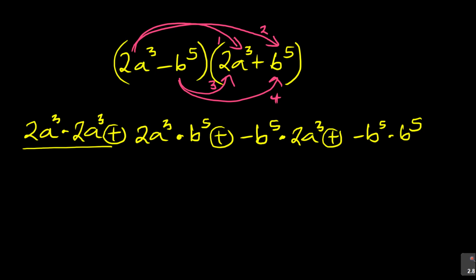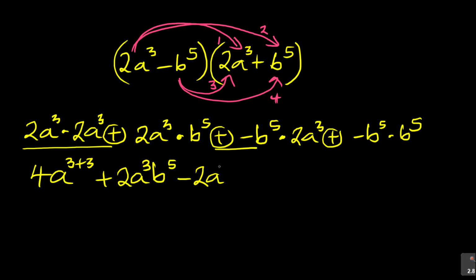Say 2 times 2, we got 4a, 3 plus 3. Remember what it did? Now we're saying plus. Now you see 2a cubed b5, nothing is related there. You just write 2a cubed b5, then positive, negative, negative wins, so it is minus. Now look, b5, 2a cubed. Start with the number 2, alphabet a cubed, b follows with 5. And then positive, negative, negative wins, b5 plus 5. Then equal to